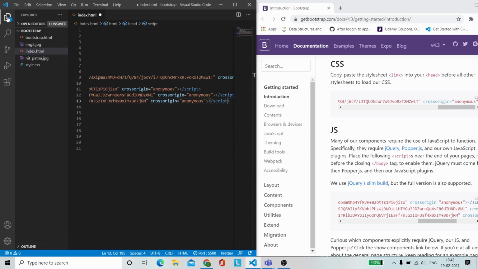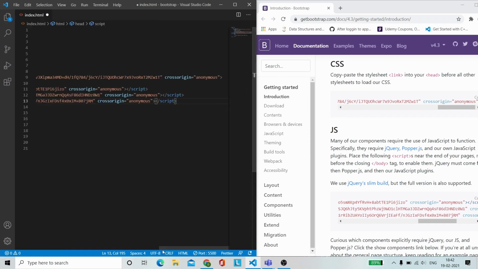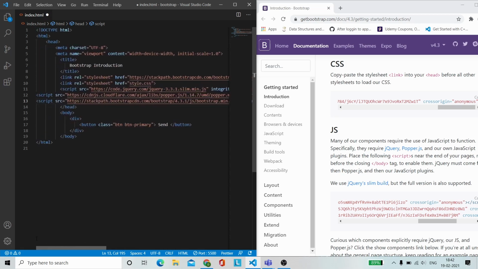Let me just minimize this. Just adding these 5 lines makes it possible for us to use the different functionalities offered by Bootstrap. The first functionality is how to make our design responsive, which I just told you: it should shrink itself according to the size of the screen.